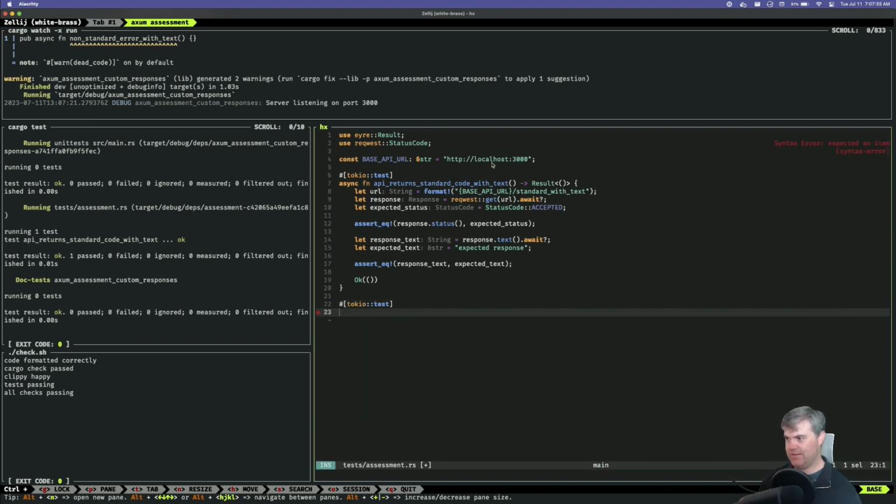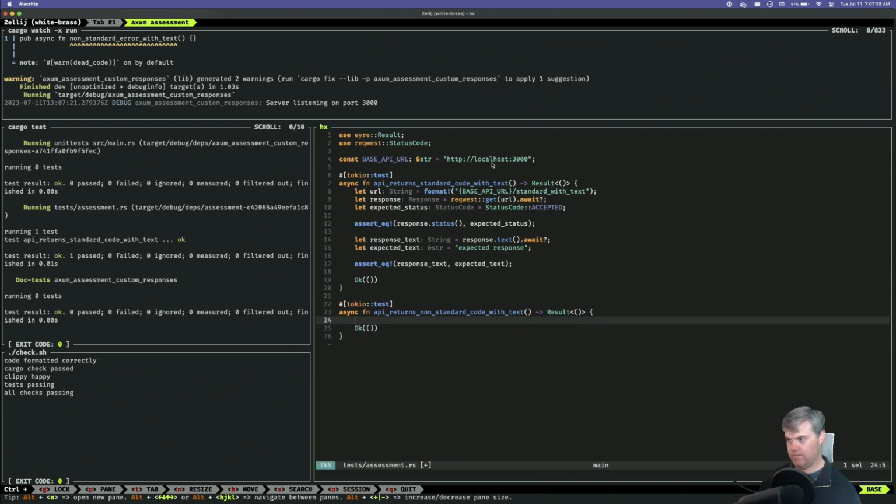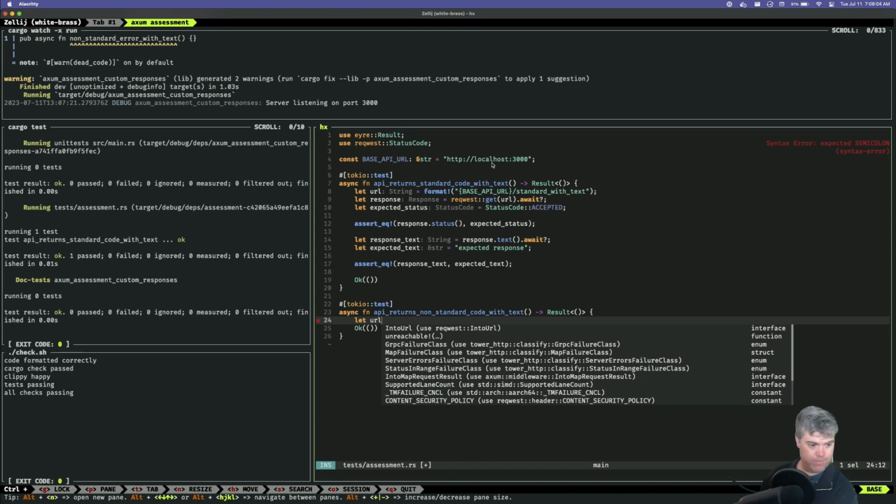Tokio test, async function, the API returns non-standard code with text.